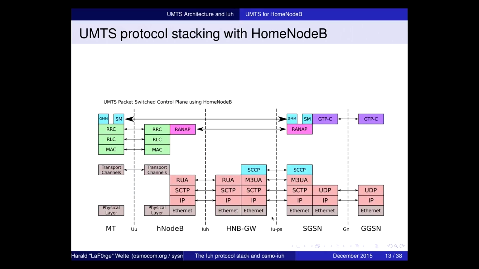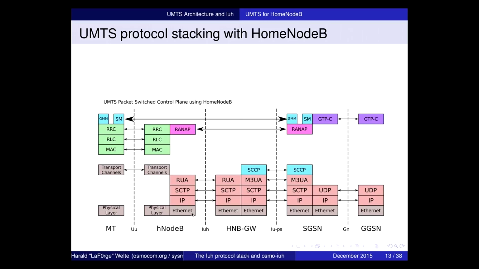And this is what you can see here, the home node B gateway, which is part of the software that we implemented. You can see you have RANAP. This is the protocol that really is what we're interested in, the radio access network application part. And in order to implement RANAP, there are several other protocols underneath. And on the femtocell, which is called HNB, the home node B, because femtocell is a marketing term, and specs can never use marketing terms, so they have technical terms.